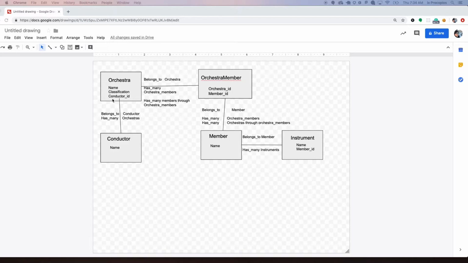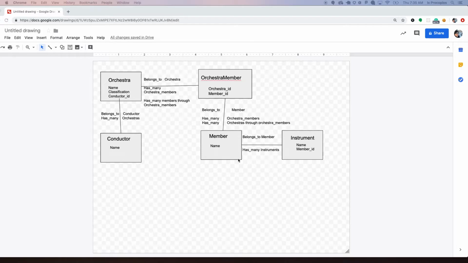It would be easier for the orchestra. It would be the orchestra. The orchestra should have the foreign key because there should only be one conductor per orchestra. So that would make the most sense, and that's why I chose a has many and belongs to in this case. Very similarly, over a member and instrument, a single member might have many instruments, but an instrument will belong